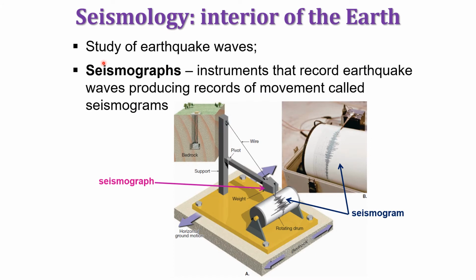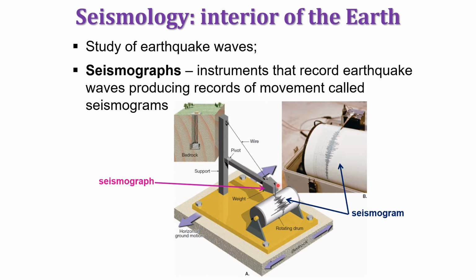We detect seismic waves using seismographs. So these are the instruments that can record earthquake waves, producing records of movement called seismograms. And this instrument is very valuable for seismologists. Seismology is basically the study of earthquake waves and how these earthquakes can visualize the interior of the earth. So this is an example of a seismograph wherein meron ka ditong support and the weight, and kapag umuuga siya, therefore uuga rin